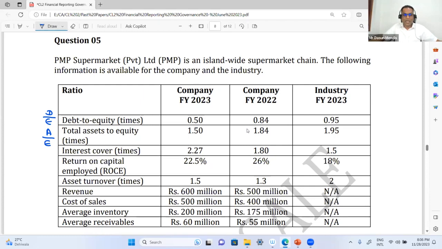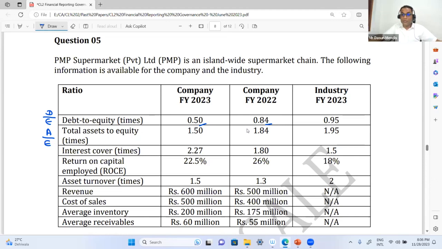That is not common, but it measures the same thing, right? Because if I ask you a question now, debt to equity having a higher ratio means what? Your gearing is high. Now, if you look at numbers, last year debt to equity ratio 0.84, this year 0.5. So the gearing has come down. Gearing has come down means what? Financial risk has come down. What do you mean by financial risk?